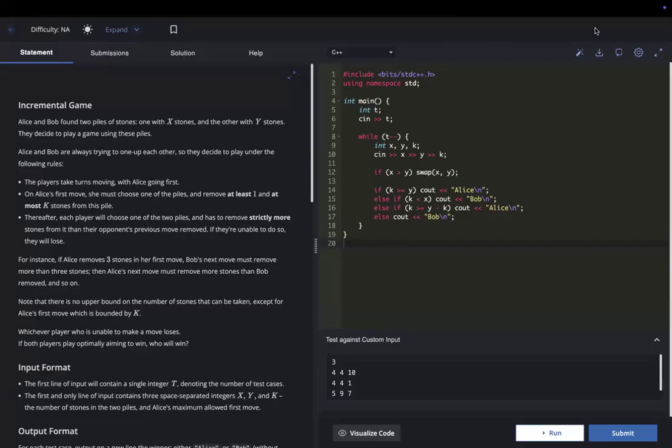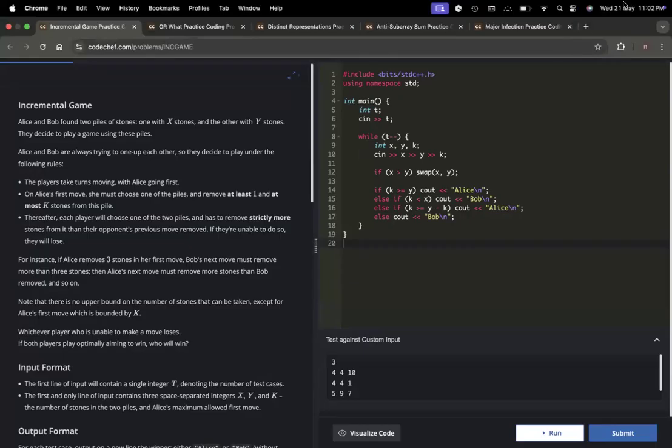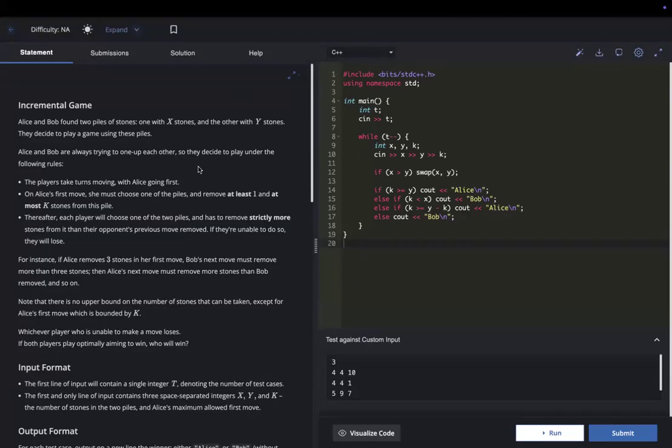Okay, just 1 second. I don't know how to turn it on. Okay, so